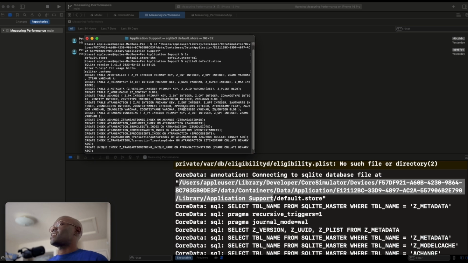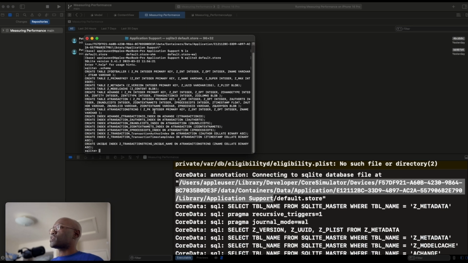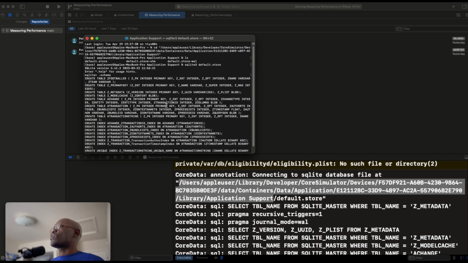Remember, SwiftData is just a wrapper on Core Data, so it's basically Core Data, right? So I'm using them interchangeably here, right? So you see we have the primary key and all that information. Remember, SwiftData does handle the primary key information for you, right? So you have the metadata and all that, the various transaction IDs, right? So you have all the information, and remember,